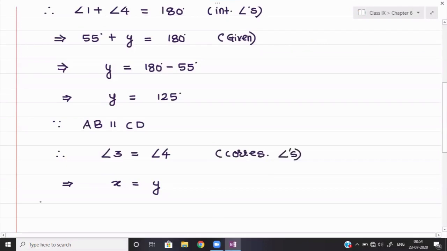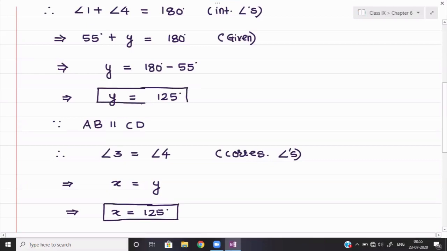Right? Now, value of y, what do we have? Value of y, we have 125 degree. So x will also be 125 degree. Here, this one we can keep in the box because it is one of our answers, and earlier one, y, also we can keep in the box. So we can highlight it properly, the answers we are getting over here. And y is equal to 125, we can give as equation number 1. So here we can write down 125, that we can refer to by equation 1. We found the value of y as 125 degree.